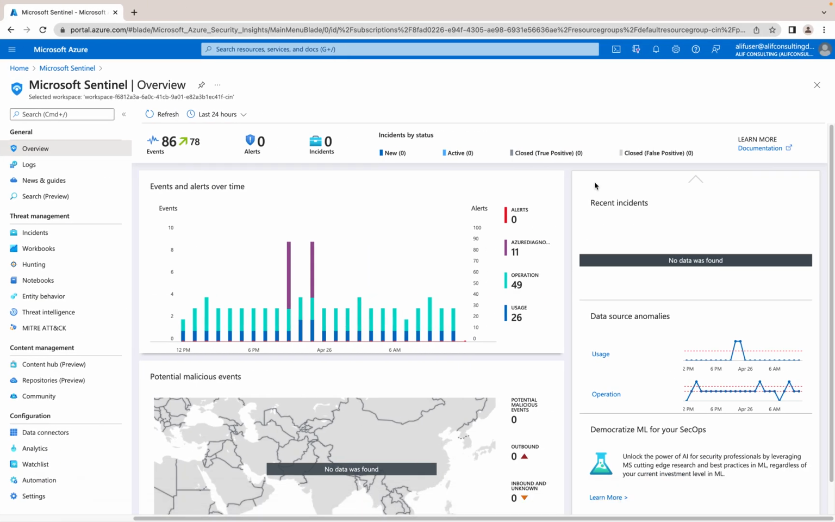In the demo, I am going to show you how you can use Azure Sentinel. This is the Azure Sentinel which I have created and it is also already integrated with one of my workspaces. You can see it's giving me all of the alerts and all of the events which have been triggered. You can see what kind of alert there is, either it's Azure diagnostic, or it's operation, or it's usage. If there is any alert, it will give you